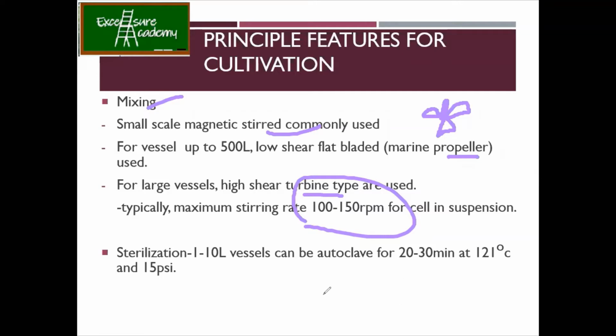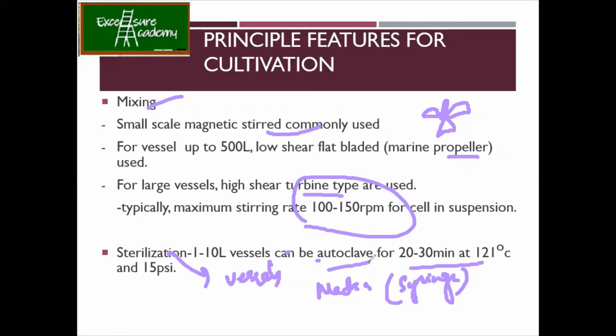Now how do you sterilize? This is simple, the same autoclave condition. Now what are you going to autoclave here? All the vessels, not your media. Why not media? Media needs sterilization using a syringe filter. You cannot use an autoclave for media. Why? Because in the autoclave the temperature is so high, all the proteins or growth factors present in the media will get denatured. So you never sterilize animal cell culture media in the autoclave. Bacterial media you can autoclave.